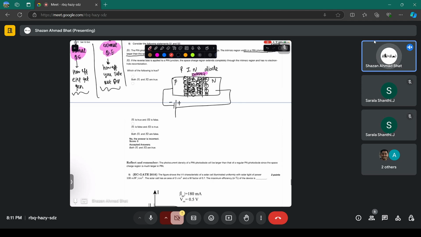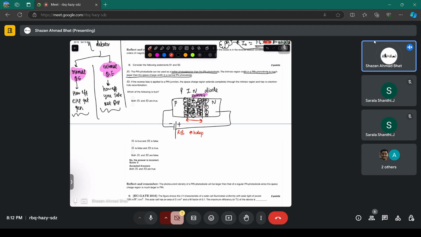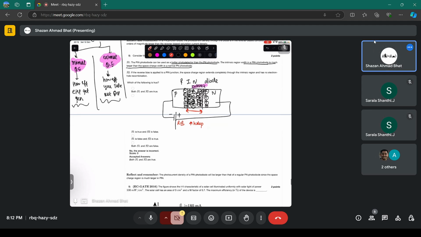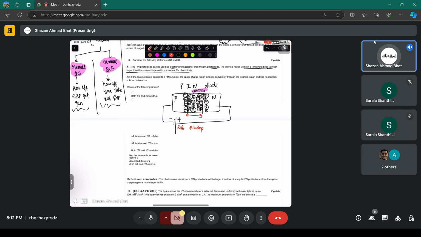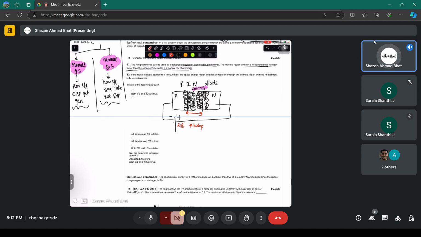So you see that whenever you apply reverse bias, it increases the depletion width. And whenever the depletion width increases, it will totally occupy this intrinsic region, and that is better. That's what we want. The larger the depletion width region, the better the photodetecting response, because you will be able to move those electron hole pairs better. So that is the exact reason why a PIN diode acts as a better photodetector than a PN diode,